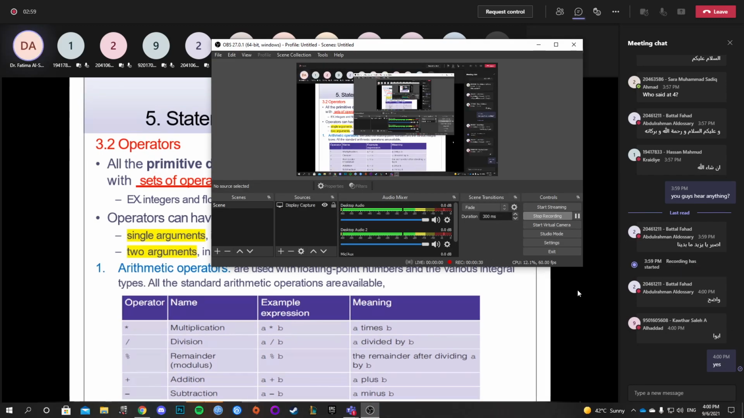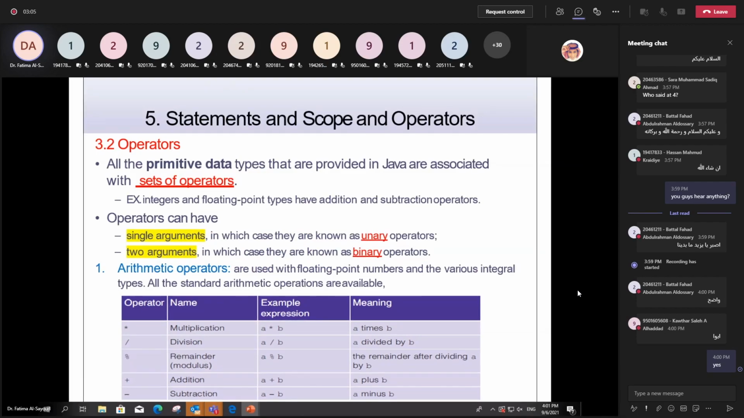So first, we will complete what we stopped last time. We didn't complete the previous meeting, so we stopped on this slide exactly. So let's just start completing this, and then we will start the new meeting. We stopped in statement and scope and operators. So the operators,